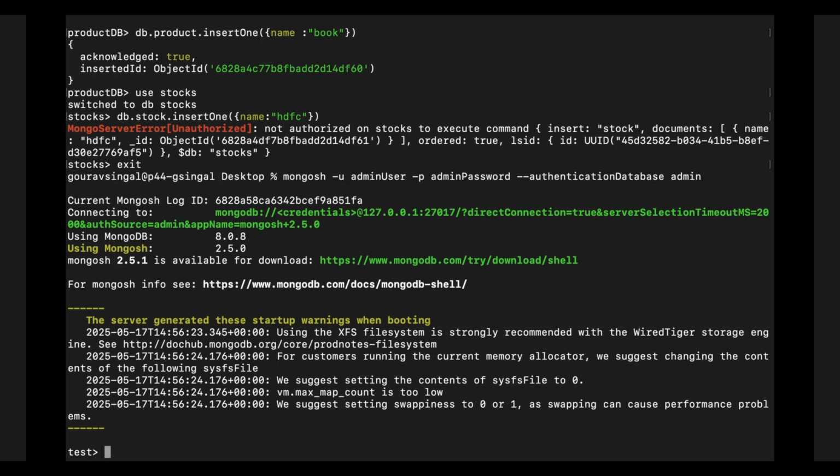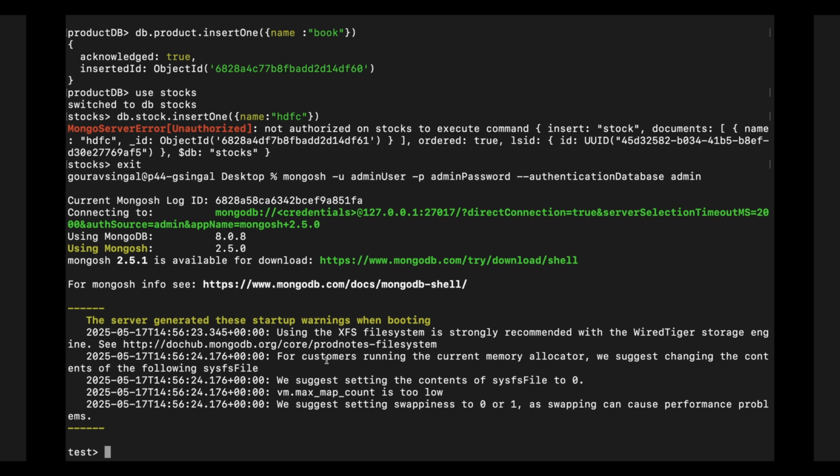And now we will see how we can create a custom role and then use that custom role. One important point before we execute some commands: custom roles can only be created by a user who has admin level privileges on the database where the role is being created. So let's say if you want to create a custom role inside the ProductDB, then we have to create a user who has admin level privileges on the ProductDB. Log in with that user, and then after that we can create a custom role inside that ProductDB.